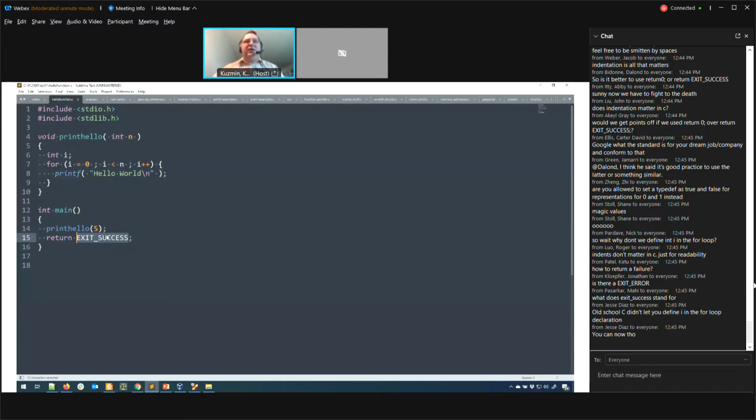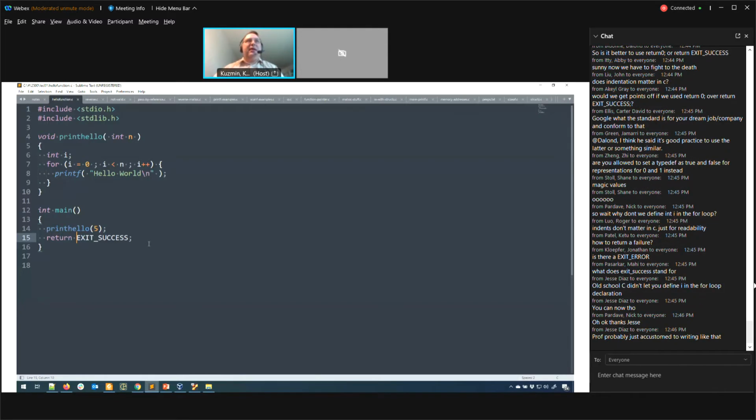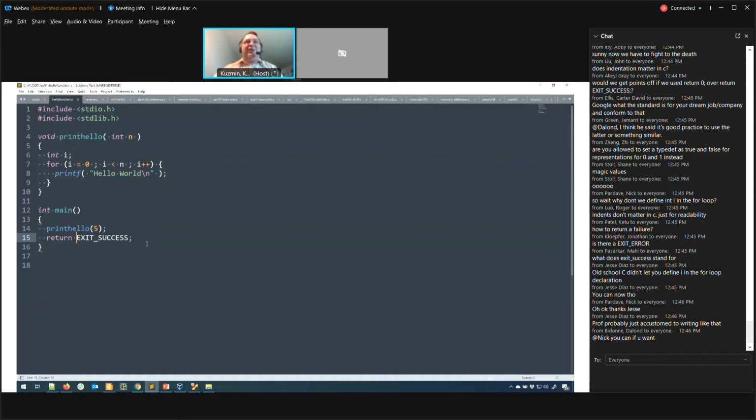If you have this hard-coded 0 here, you take this code to another system, and there 0 is no longer the value for successful completion. It corresponds to an error, and your code no longer works the way it was supposed to. So that's why I feel this exit success is important. And like I said, if you feel differently,